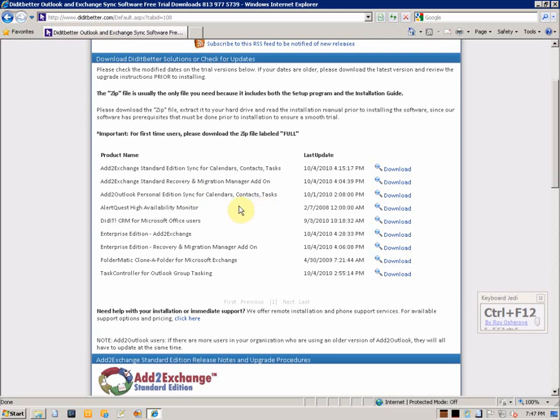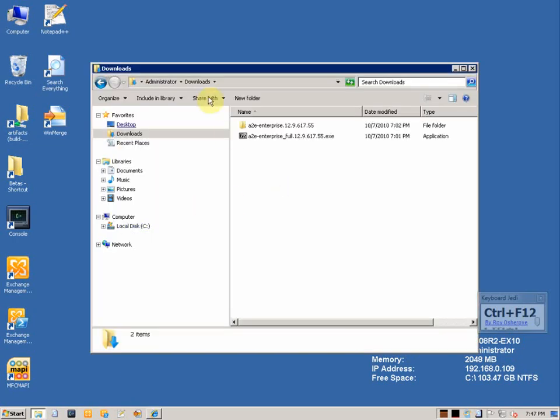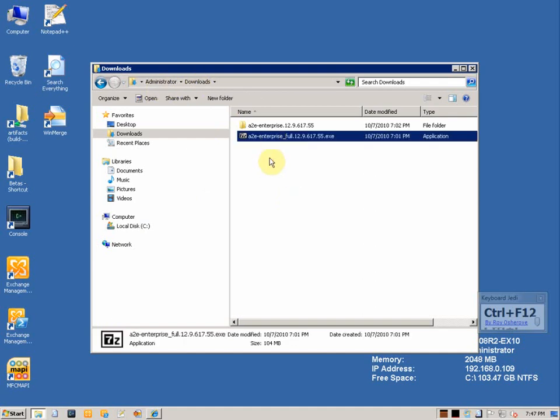We're going to do Add2Exchange Enterprise Edition, and so I would click the download button here, and we download it. For time's sake, I've already got it downloaded, and so I'm going to take you there, which is here, and I'm logged in as administrator. It's in my downloads directory, and what you will download is an exe. Now, the package that I've downloaded, I actually will show you here,